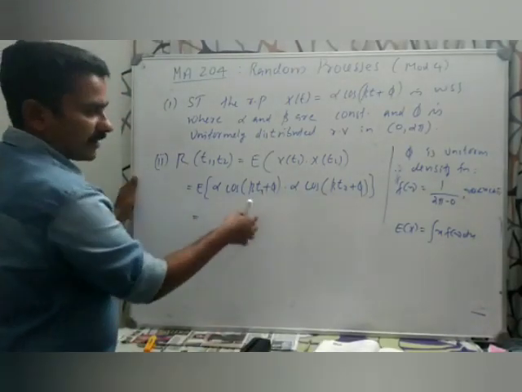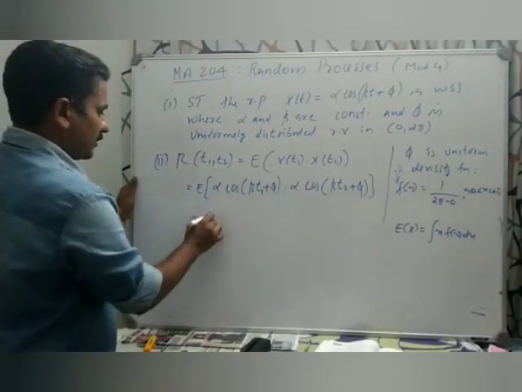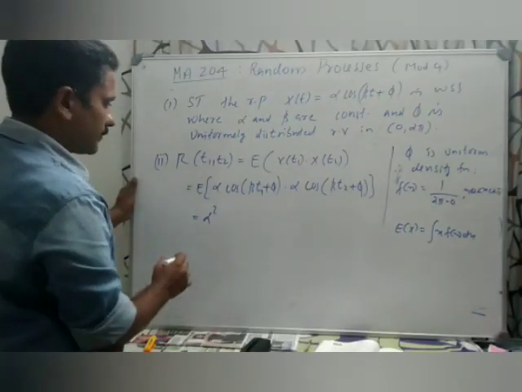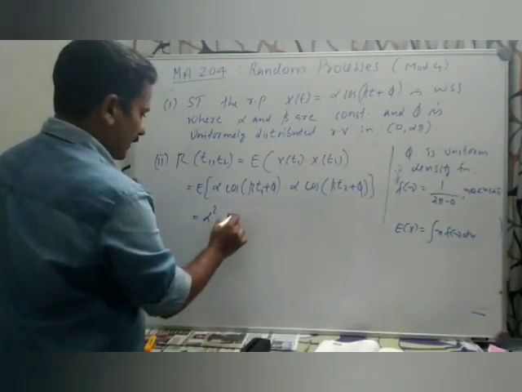And alpha square comes out, so alpha square times the expectation of